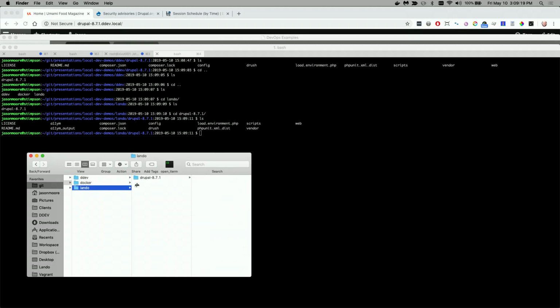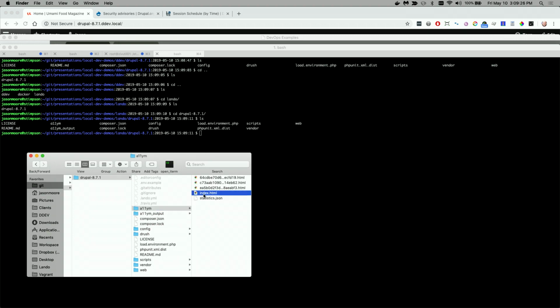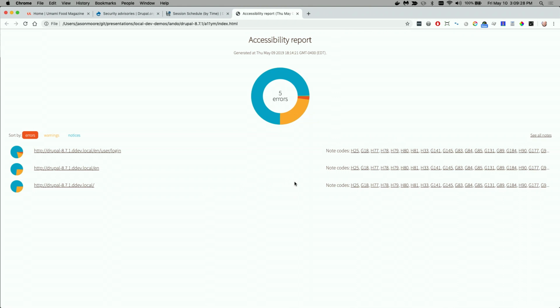Sorry. I ran this A11Y report, and so this is kind of what that looks like. I ran that just off the Drupal 8.7.1 core that I had installed, and it ran through the available links that were in the site code already. So it tries to traverse the site as much as possible. And so this is the report that you get back,